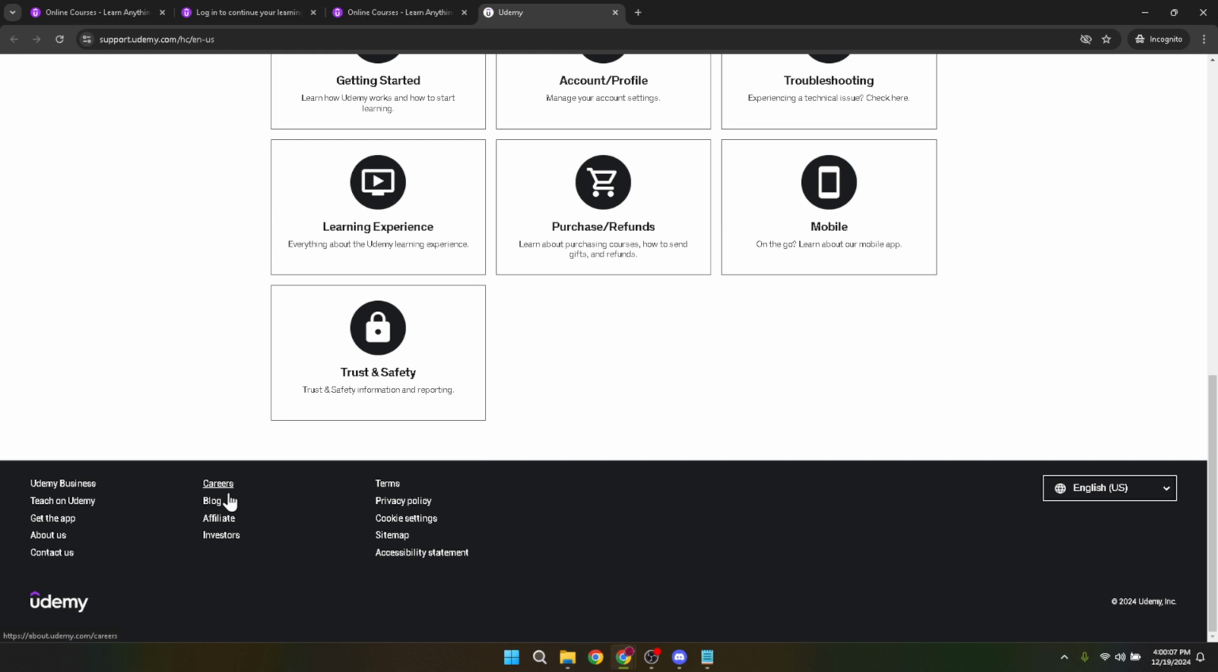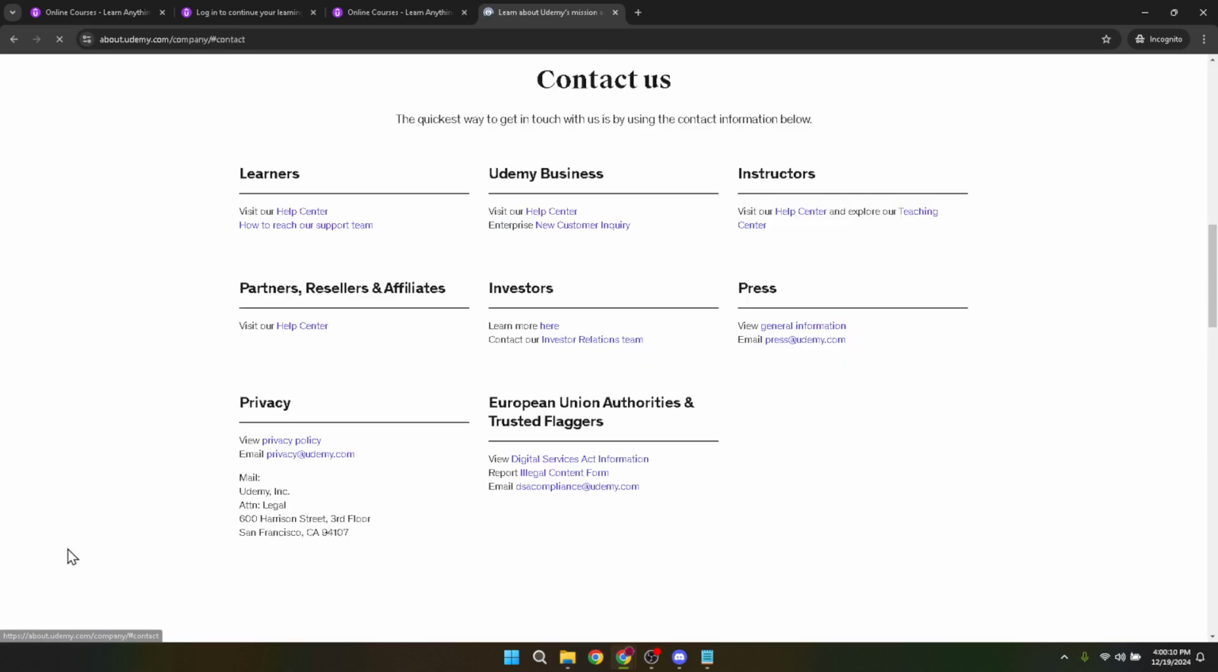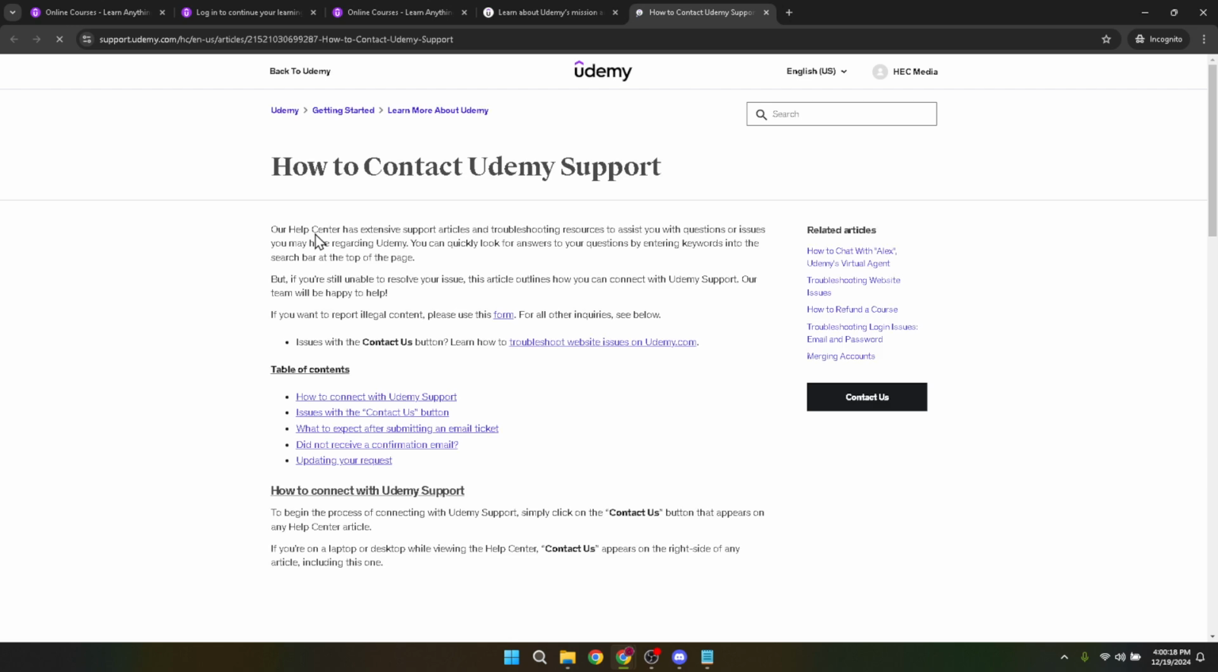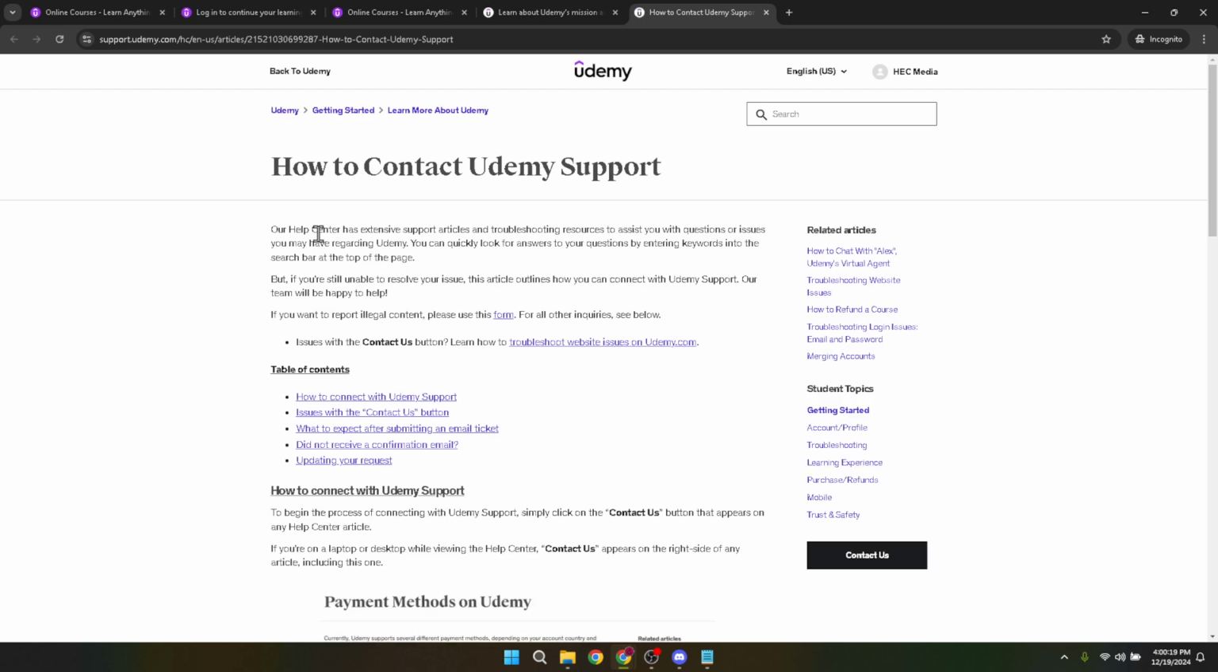Once you've clicked on Contact Us, you'll be redirected to a page that provides different options for various inquiries. Since we're focusing on how to reach their support team, look for a section titled Learners, and within that you'll find a prompt suggesting how to reach our support team. Clicking on this will guide you further into the process. The path to getting personalized help involves filling out a form where you can detail the nature of your concern or query. Look for a link that says Form, which takes you directly to where you can submit a ticket